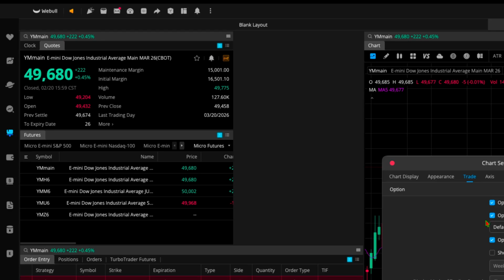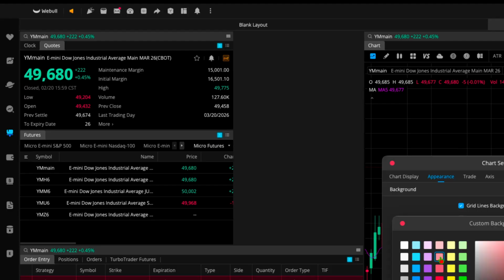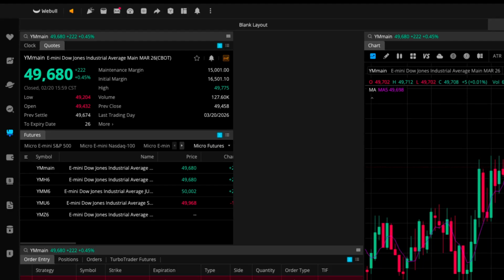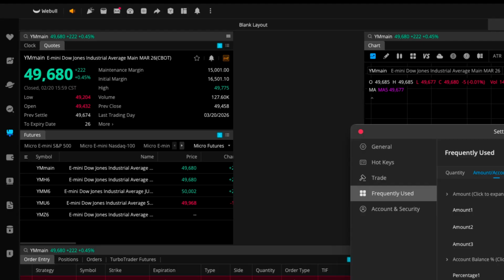You can change almost everything on Webull to how you want it to be. I could change the color of the candlesticks if I want. I could change the background color of the chart if I want to. Now, where was I? Because I don't want to get too far off track. Oh yeah, here, the settings. I don't know why I skipped that. So I came here, hit settings, and you can change